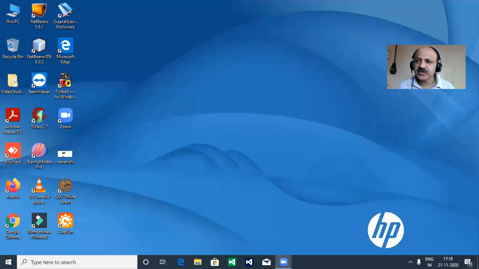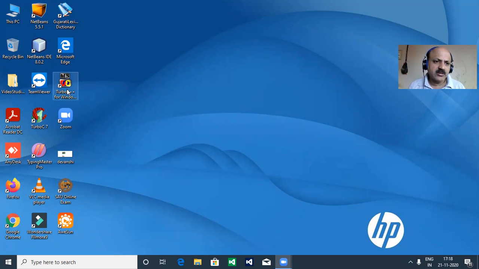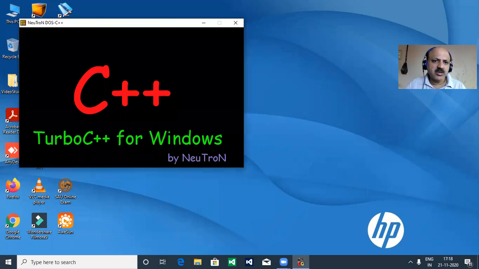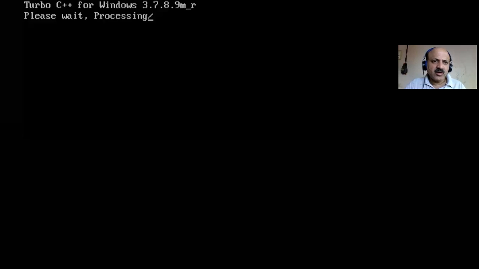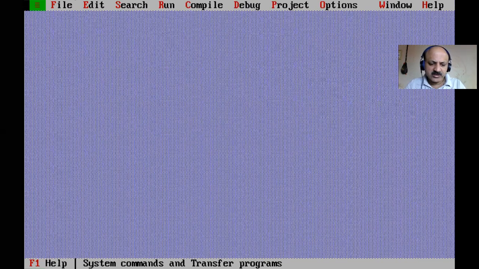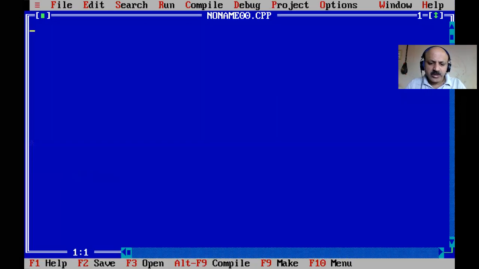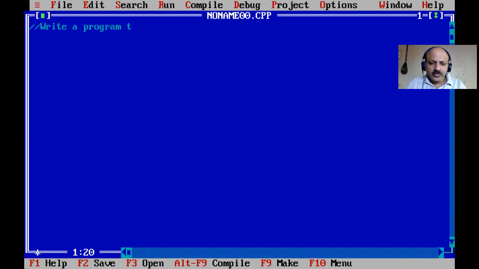In this session we learn the class template in C++. So first, share my laptop screen and fix the position here so you can watch in a better way. And here Turbo C++, I double click and take some process, and now it is open. Alt F file menu and taking new file. And here our goal: write a program to use of